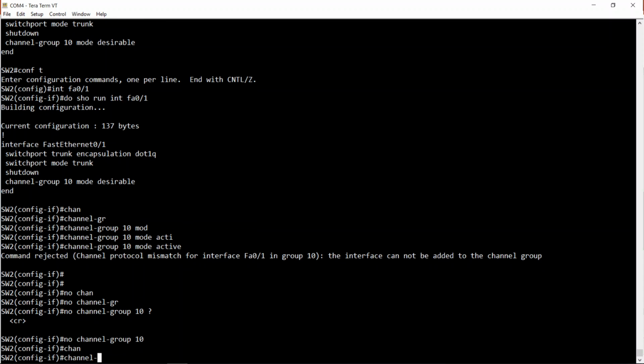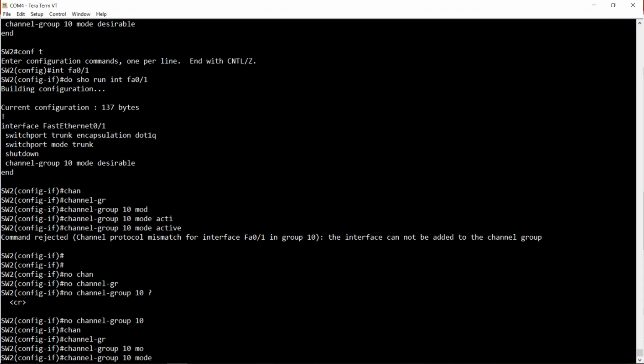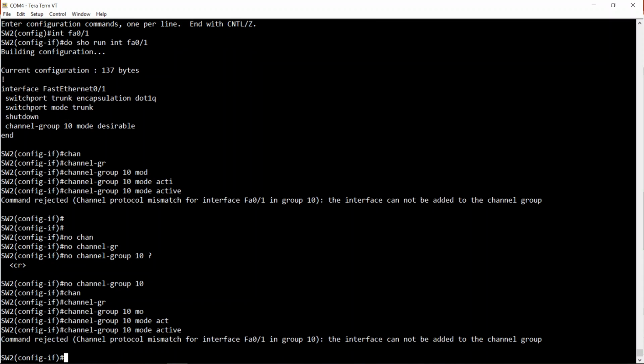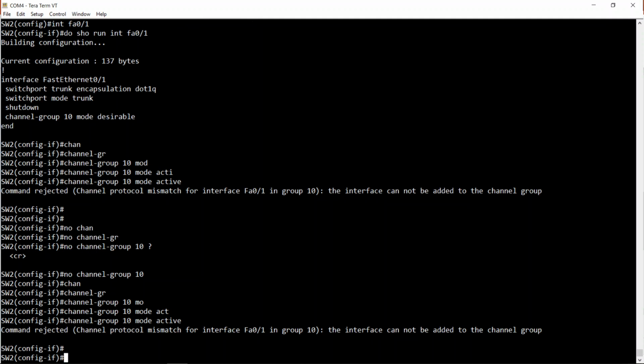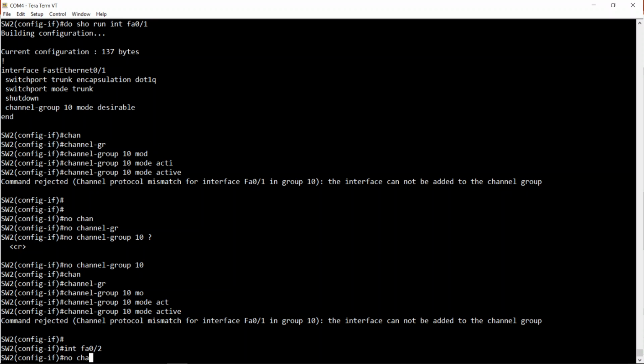And then reconfigure channel group 10 mode. Let's go active. Now that's LACP. Oh, that's good. So the reason why it won't let me add this to the EtherChannel is because there's already another link added to the EtherChannel which is using PAgP. So I have to essentially drop all of the links out of the EtherChannel and then add them back in. Interface FA0/2, no channel group 10,